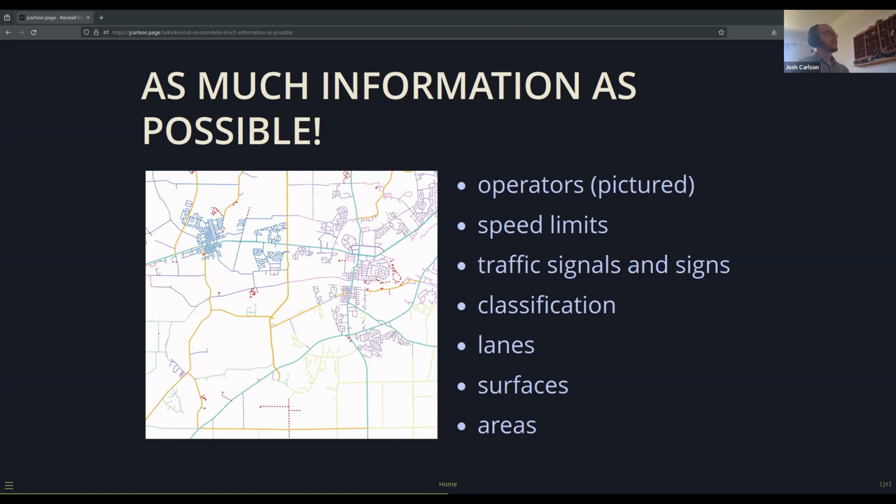So we took all the information we could actually verify and just mapped out the different operators. So everything that isn't a red dotted line has an operator tag on it in OpenStreetMap. And so we were able to use what we knew and make these maps, and then we could send these maps out to the local highway departments and just ask them, does this look right to you? Do you agree with this? And if there's a dotted line road in your area, do you know if that's in your jurisdiction or not?